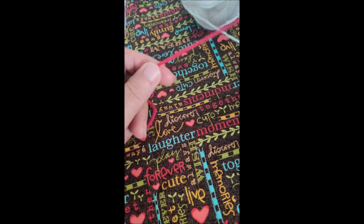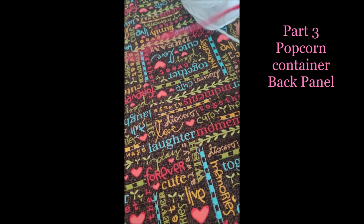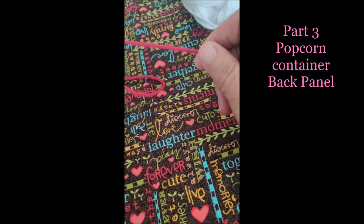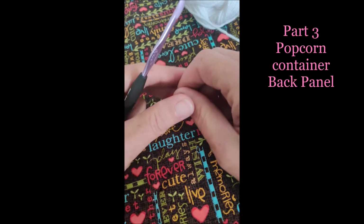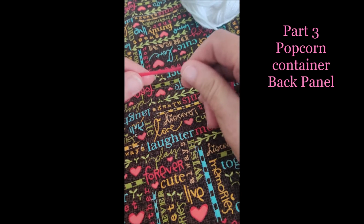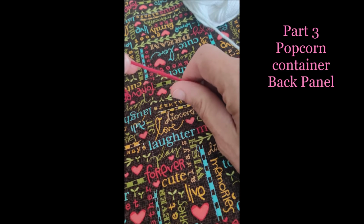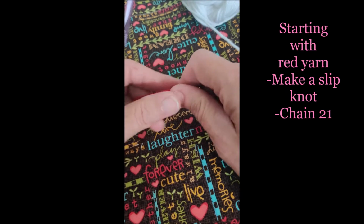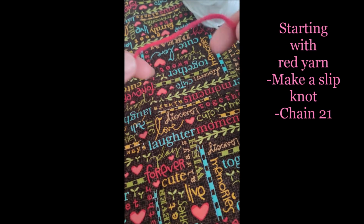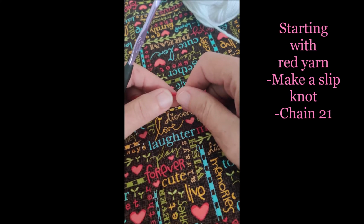Everyone, welcome back to our third part of the popcorn container. We're going to be working on the back panel in this video, and I'm so excited because we're going to learn some new things here. But the pattern starts out, we're going to use the red yarn this time, and we're going to chain 21,